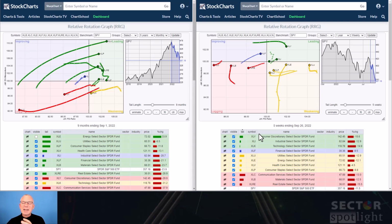They seem to be getting back into an outperformance mode. So utilities, staples, healthcare, and then energy as the odd one out, they are the ones that are going in the right direction. And the stranger one is industrials. If you look at the industrials tail, that's moving into leading here, and it's also on the monthly,